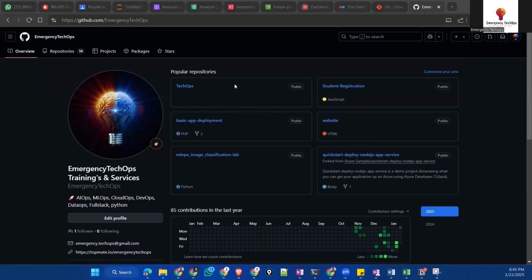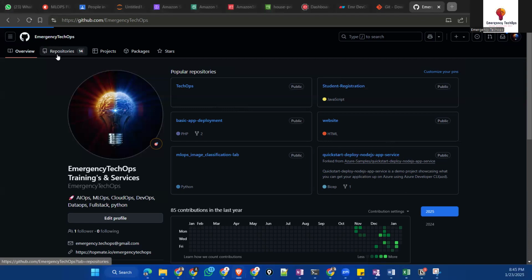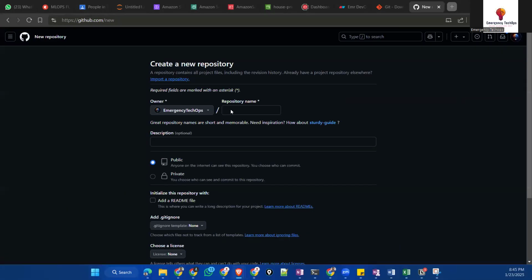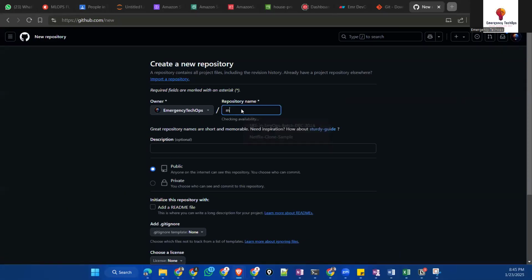Whenever you go and create, you can create in two types. One is public and one is private. When I click on this repositories and click on this, now I can give a unique name, MLOps git class.